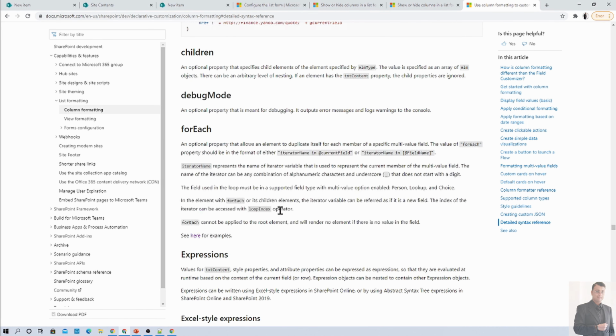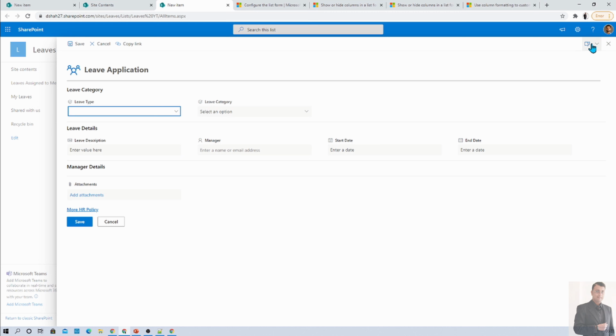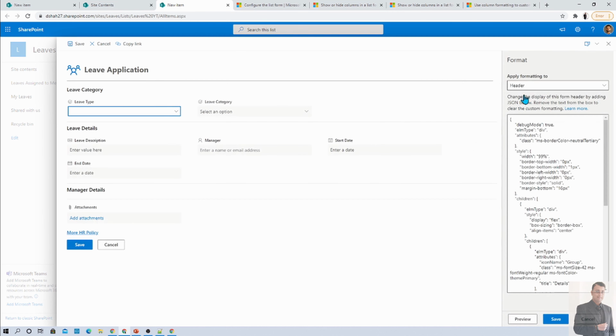Now, before we do that, let's open up the code that we have done, and let me try to explain that code. Just open up the configure layout and open up the header section. On the header, you can see that first of all, the element type is div, the main element that we have taken, and we have provided different types of style to it.